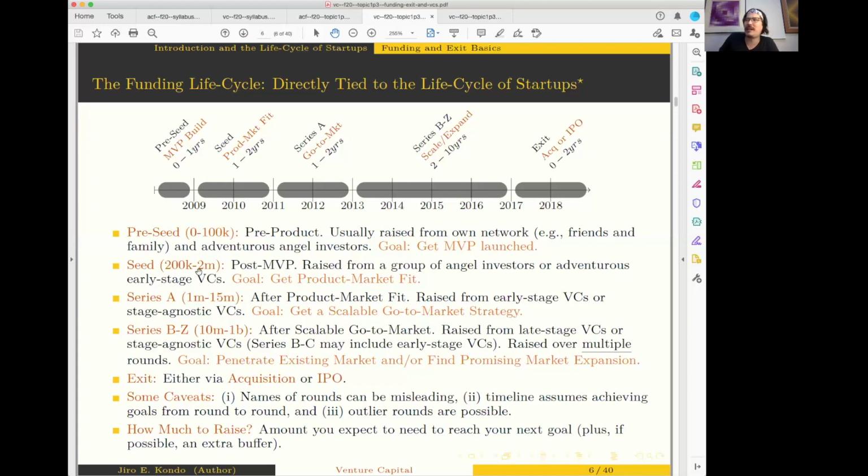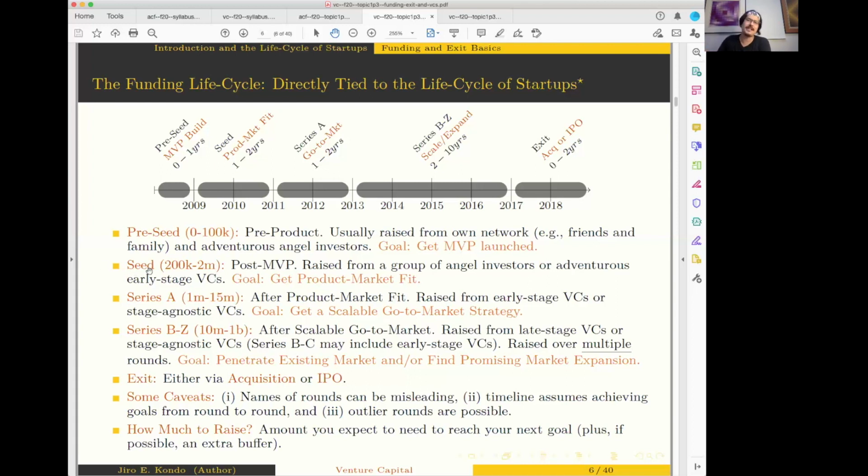Meanwhile, at a seed stage you'll see a range of 200K to $2 million. You'll also see geographic variation in these numbers. The range is going to be systematically higher in the Bay Area than it'll be in, say, Montreal, right? And even Montreal will be higher than non-startup hubs, for instance. Montreal maybe barely qualifies, but still qualifies as an actual recognizable startup ecosystem. So just note that there's geographic variation in these things as well.